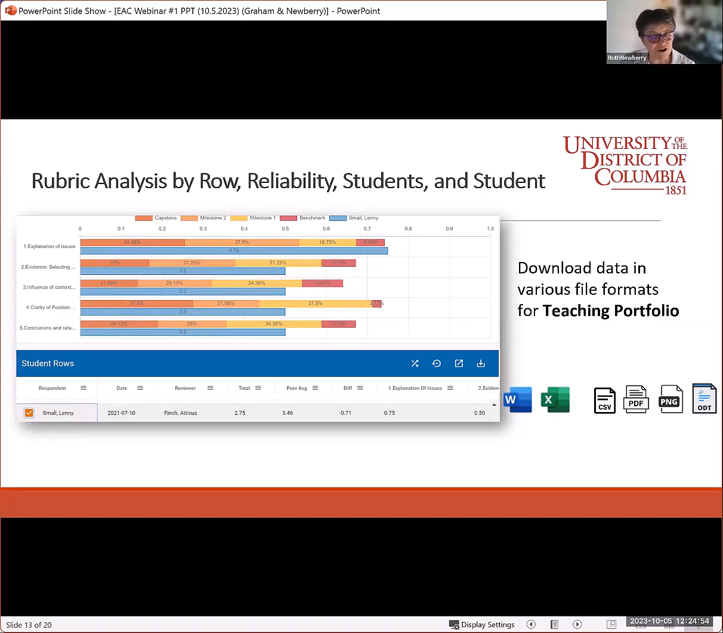So my next question, as you think about this, do you see this as being helpful to you? Having this kind of analysis on the rubrics that you use in your courses? Okay, seeing a response or two. Great, good,